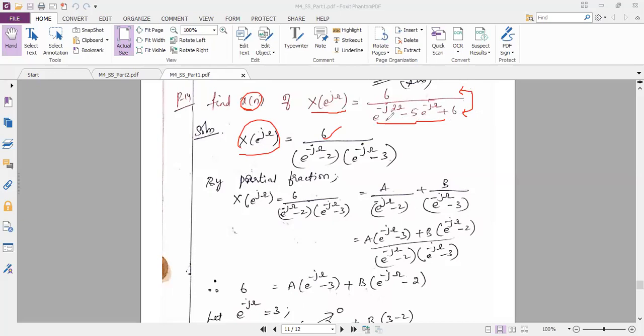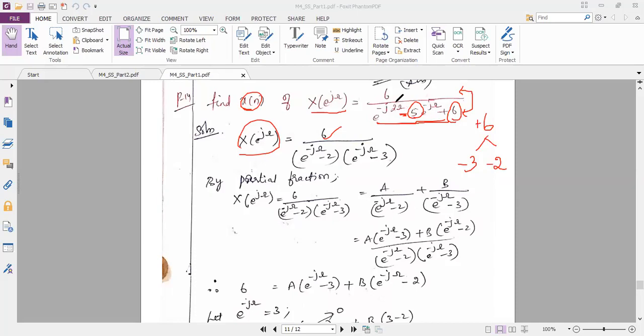So the denominator I want to write in terms of products. So you know how to do it. This is my number, right? 6. This 6 I can write as 3 into 2. Three 2s are 6. At the same time, when I add these two, I should get this middle number. If I add 3 plus 2, it becomes plus 5. But I am having minus 5 here, so I will put minus 3 minus 2. If I add, it becomes minus 5. If I multiply also, it becomes plus 6.